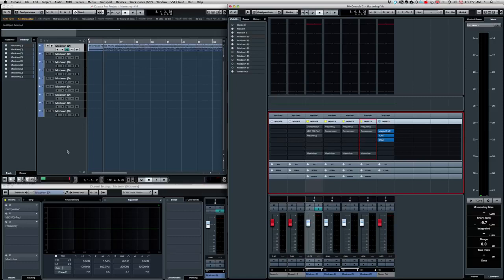All right, guys, so let's start this up. First, I'm going to do this in Cubase. You can actually use software like Wavelab. Wavelab is a very good software for mastering. There's a lot of stuff you can do in Wavelab as far as mastering goes, but I'm going to use